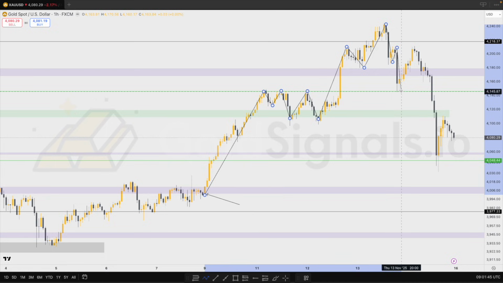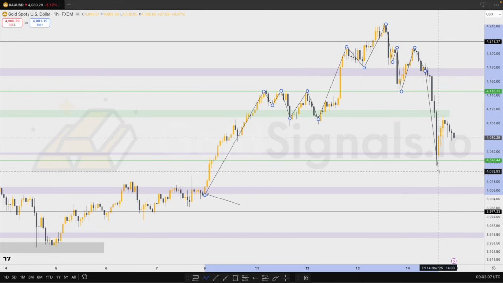4,145 level to test as a support on previous resistance, and then pushed back up to sort of double test this same level of around 4,210. And then from there, as we built closer and closer to the London session, price ended up failing at that level of 4,175, and then throughout the volume of the London and New York session, price drove itself all the way down